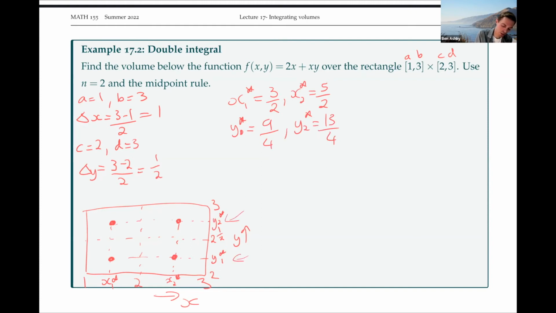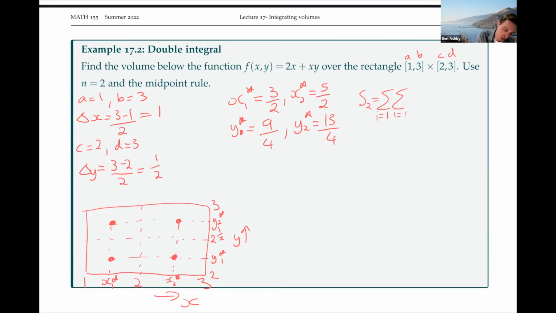So halfway between 2 and 2.5 is 9 over 4. Halfway between 2.5 and 3 is 13 over 4. Okay, so we want to work out our sums. So our sum is going to be equal to the sum, because we've got 2 of each of these,